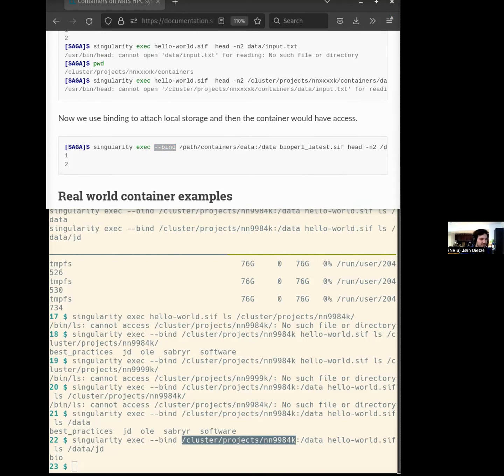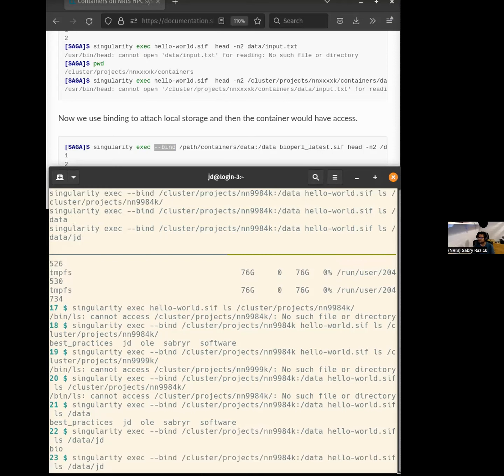You can do that. You can either specify bind multiple times, or you use, is it colons? I think it's semicolons. There could be a better way. I think it's colons or commas or something.